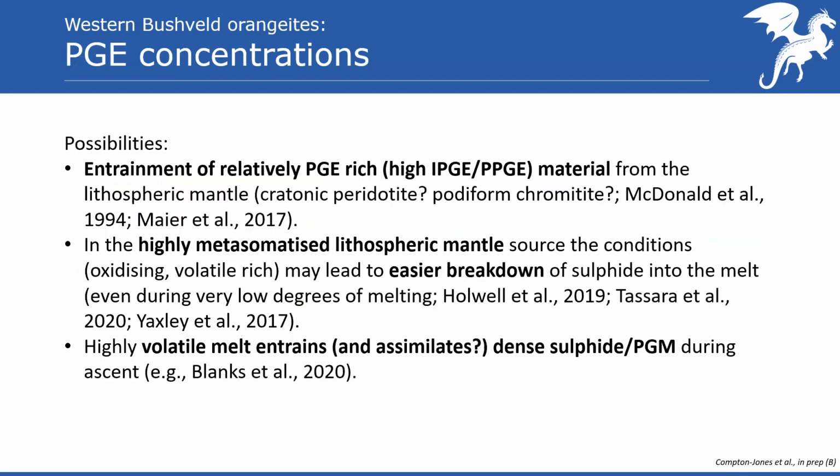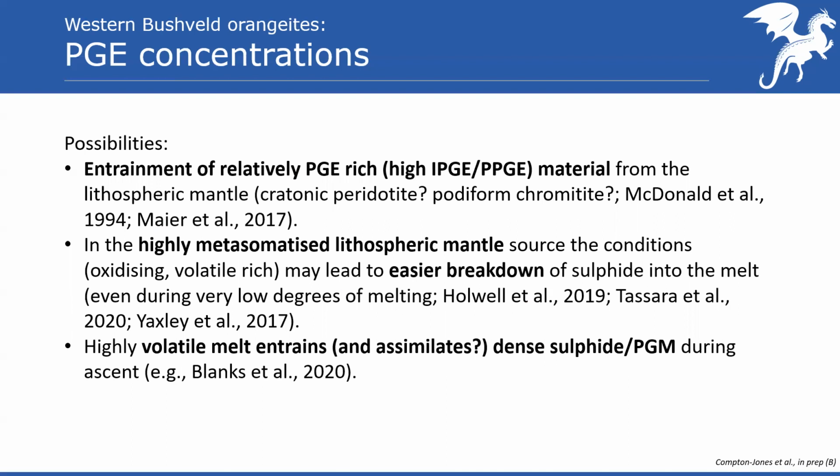So what are the possibilities to achieve the bulk rock PGE signature that we've seen? Because we know that there's more PGEs in these rocks than there should be, considering they're such low degree melts of the lithospheric mantle. So we know these rocks entrain olivine from the lithospheric mantle, and perhaps this is our source of the higher IPGE signature. If we're entraining variable abundances of olivine that may have iridium-rich or relatively iridium-rich base metal sulfides included, and we're entraining them, disaggregating them and assimilating them, perhaps that's where we're getting our higher IPGE, PPGE